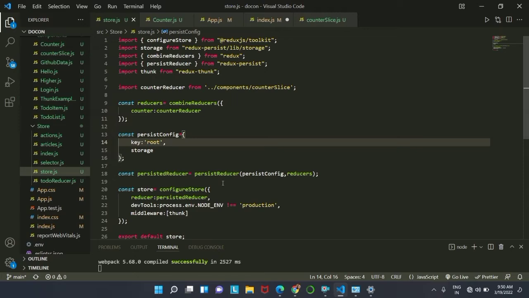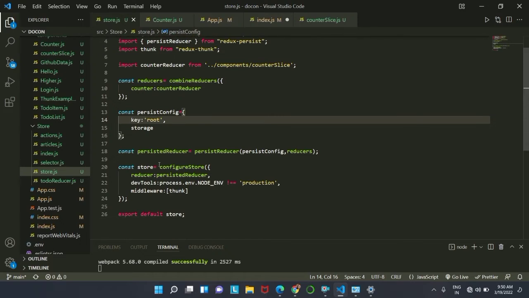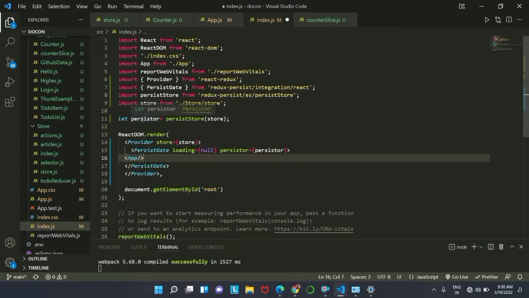Once our store is created, we pass it to the persist store function. So after creating our store, we have passed this to our persist store. Here we use the statement let persisted is equal to persist store. So this function ensures our Redux state is saved to persisted storage whenever it changes. So this is basically responsible for storing